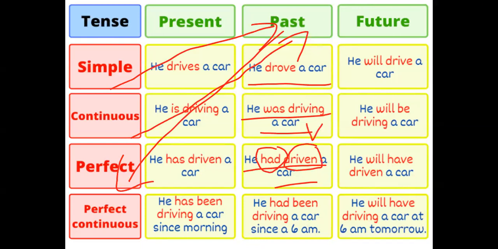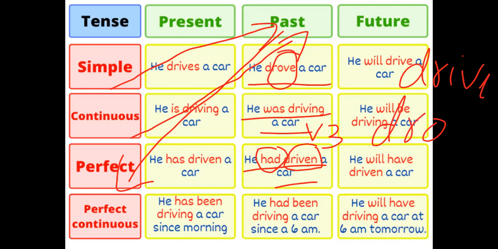Driven is verb form 3. V1 is drive. Then drove: in the past tense, V2 comes. Drove is V2 and driven is V3. So when you